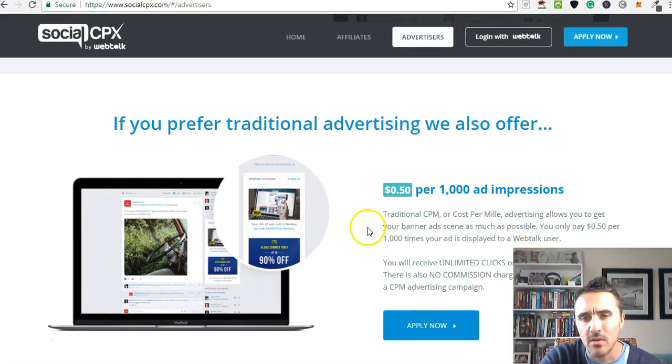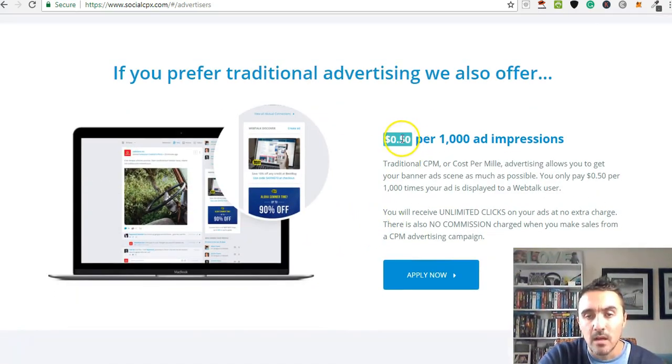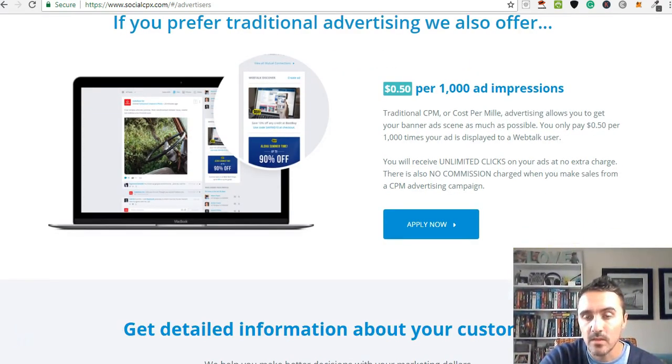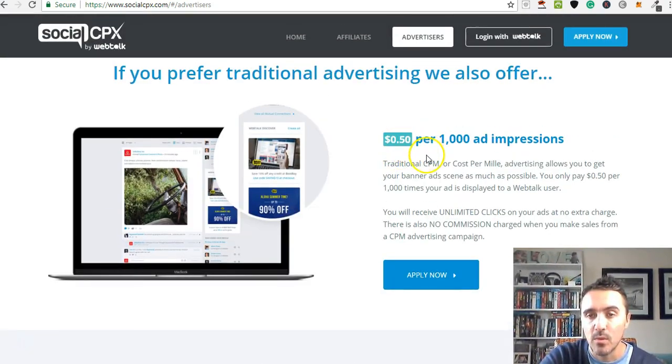And then you've got traditional stuff on here, so 50 cents per 1,000 ad impressions. This is pretty cheap compared to Facebook and other social media platforms. So this is going to be very, what's the word I'm looking for? Enticing. This is going to be very enticing to any new or existing business that wants to run paid ads, because Facebook ads are going up and up and up every single month. Twitter's the same. Instagram's there or thereabouts at this moment in time, but it's still quite expensive. So this here, 50 cents per 1,000 ad impressions, that is cheap.